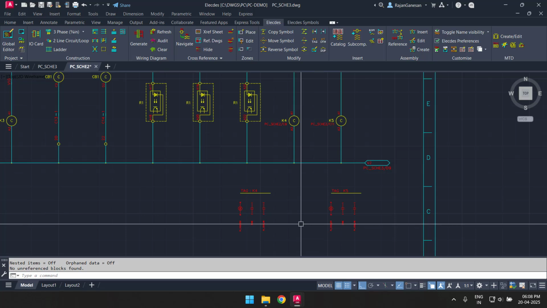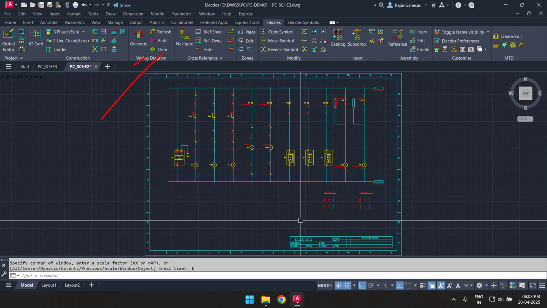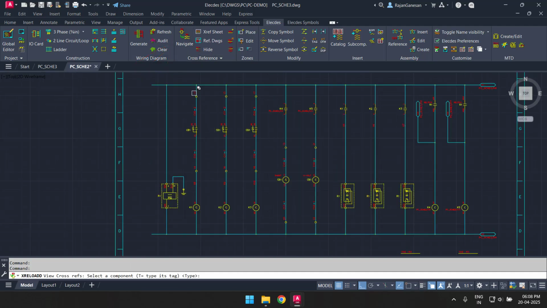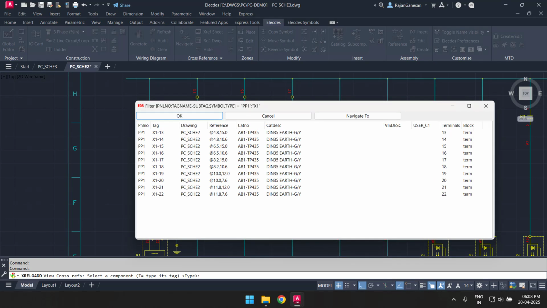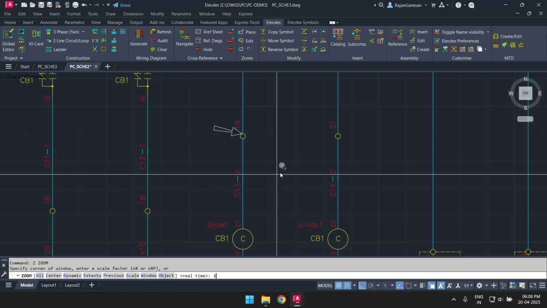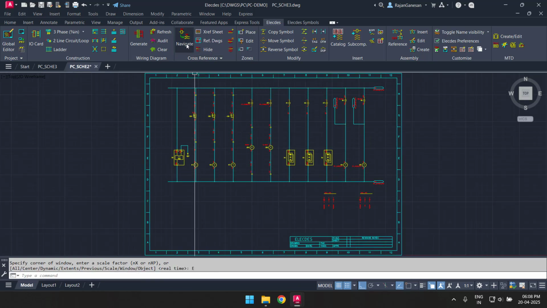I'll now show you some more from the Elektra navigation tool. If I select a strip terminal, then Elektra will offer me a list of all terminals in that strip. This list allows me to easily navigate to any part of the strip. Similarly, Elektra can track and take me to the location of all subcomponents from my protection control relays. Subcomponents are often spread over multiple sheets. In this instance, I will navigate to the CT input block on the AC diagram for my protection circuit.